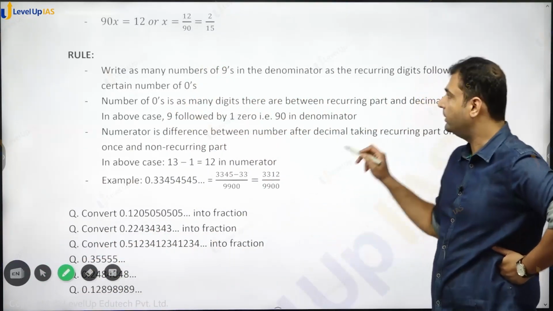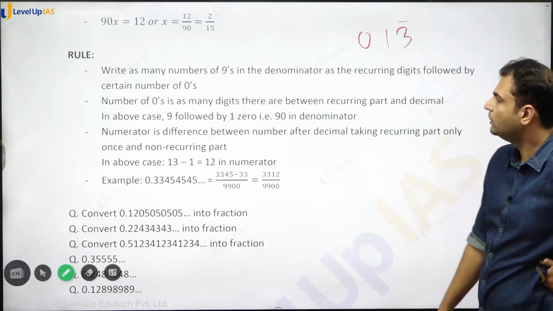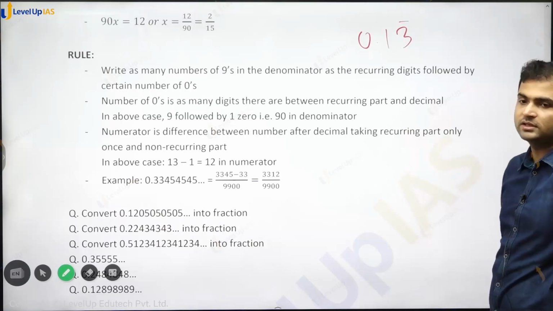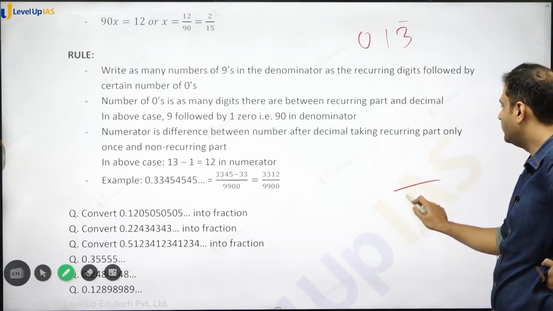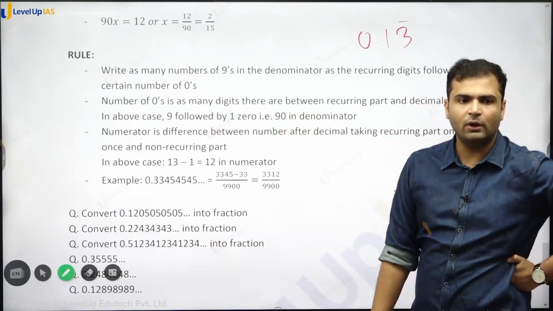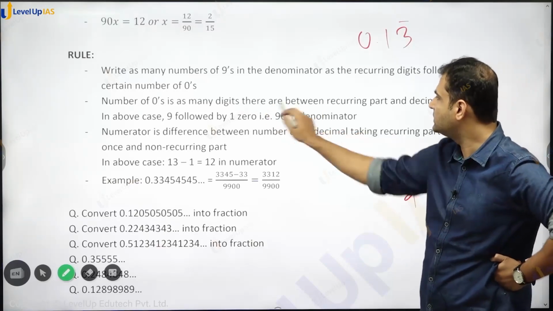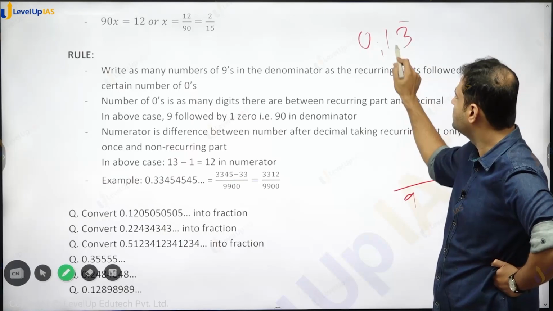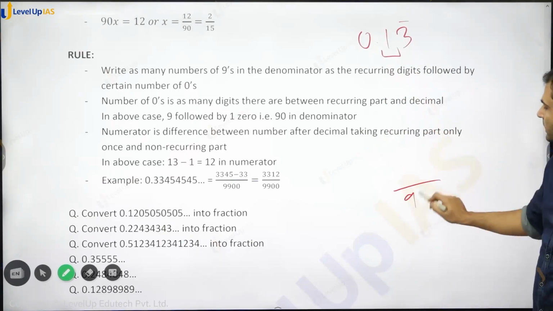हमारा नंबर क्या था यहाँ पे, नंबर था 0.13 बार, राइट। तो हम क्या बोल रहे हैं, we write as many nines in the denominator as there are recurring digits. कितने रिकरिंग डिजिट्स है, 1 है, तो will write 1 nine followed by number of zeros. अब कितने जीरोज है, how do we determine number of zeros after this 9, that there are number of digits between recurring part and the decimal point. रिकरिंग पार्ट और डेसिमल पॉइंट के बीच में कितने डिजिट्स है, 1 है, बस एक ही डिजिट है ना, so we write 1 0 here,